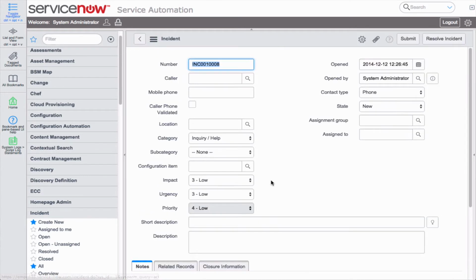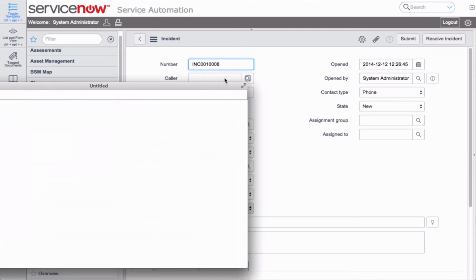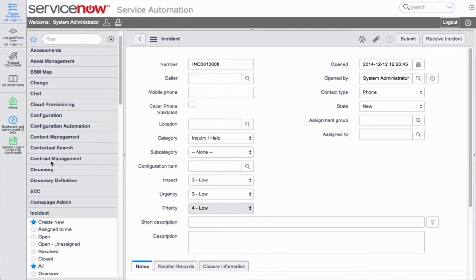So go ahead and click Create New here. I'm going to pick my caller. My caller is Abel. This is Abel's phone number. And notice right now that caller phone validated is not checked. Now when I save this,